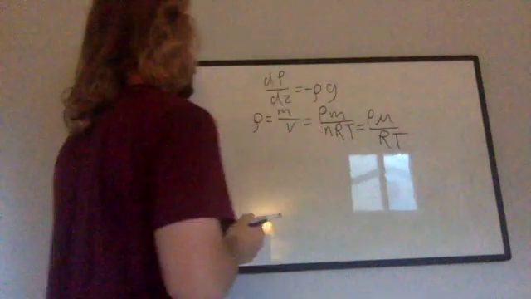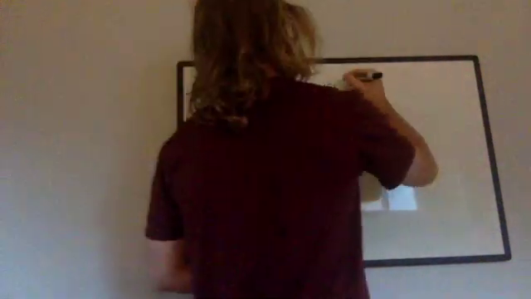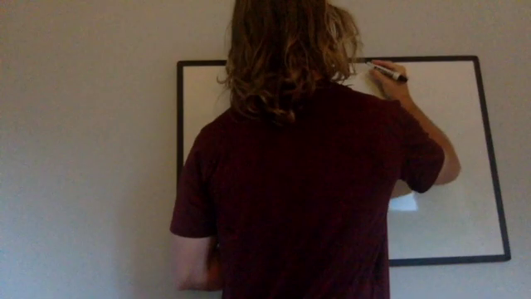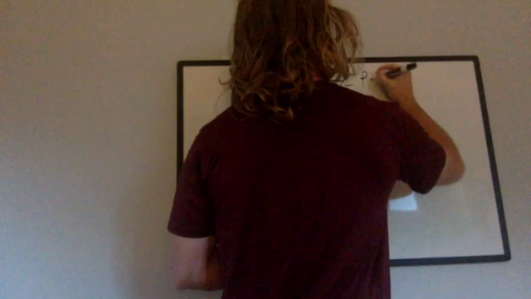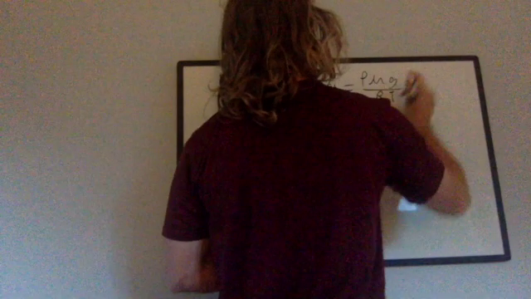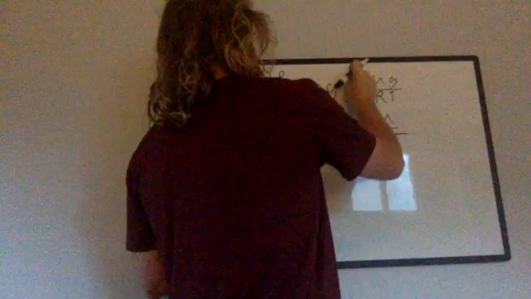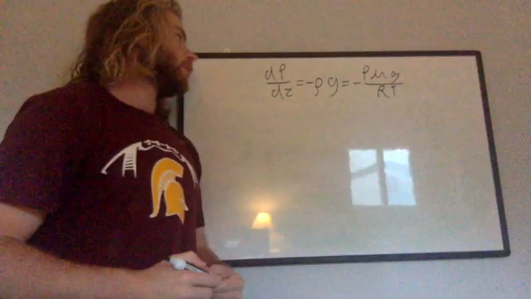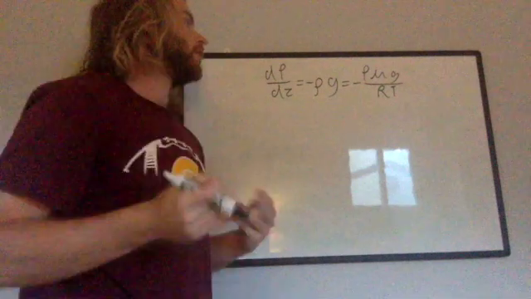Get our new expression going over here. So this would be pressure, mu gravity over RT. You've got to remember to include our negative sign over here. Alright, so now that we have gotten this expression, the next thing we're going to want to do